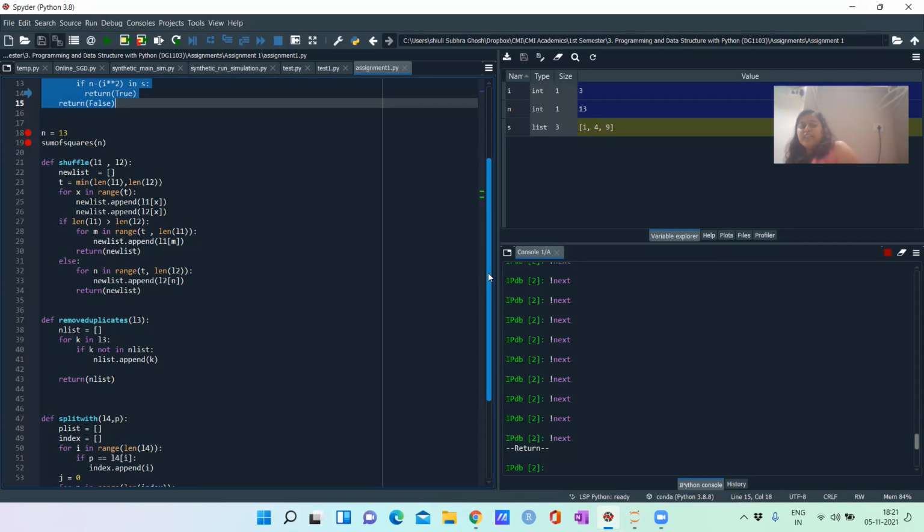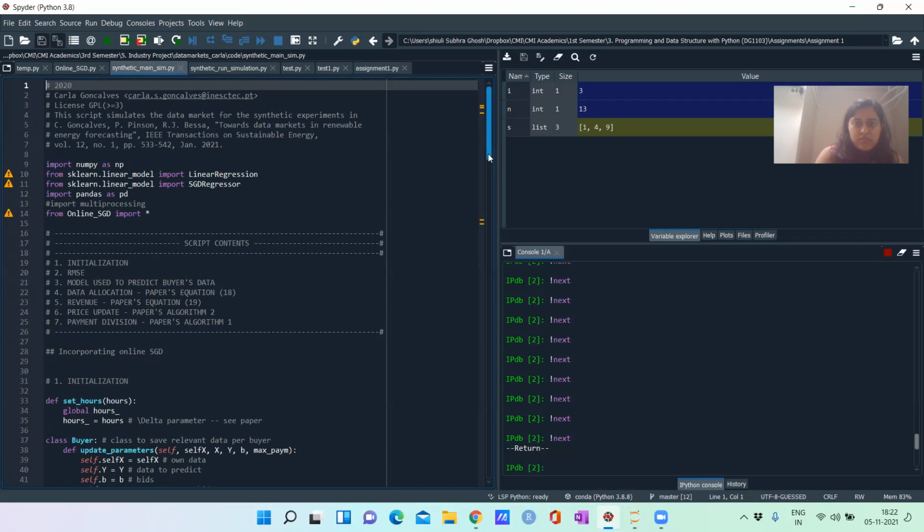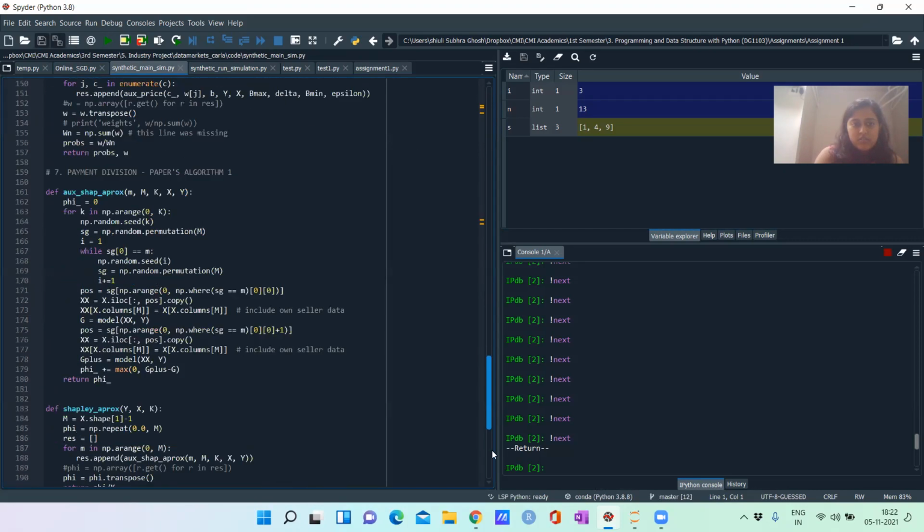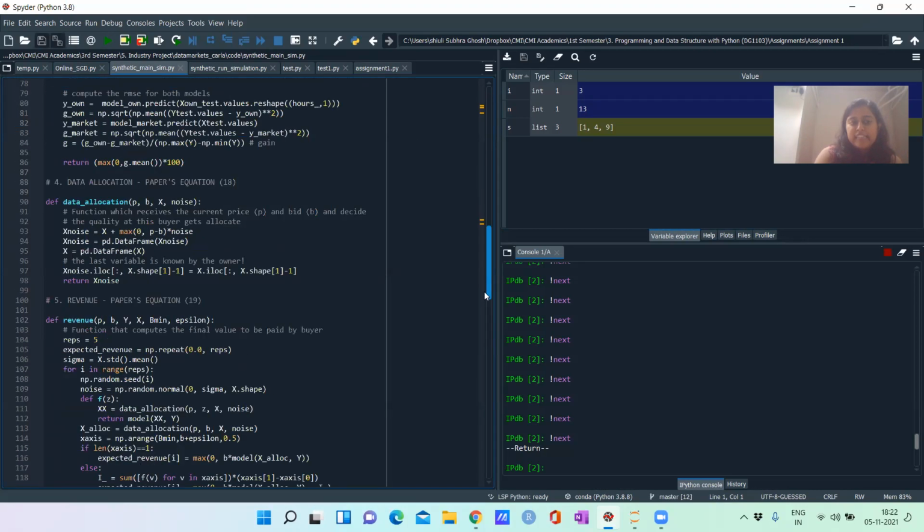I'll share one video link so that you guys can use JupyterLab for debugging. But I would recommend you not to use Jupyter Notebook for coding. Use Jupyter Notebook for demonstration purposes, but for coding purposes, always use Spyder or PyCharm, all these things, because you need to write the entire script. Okay, see here, this is a code. So I can't write it in Jupyter.